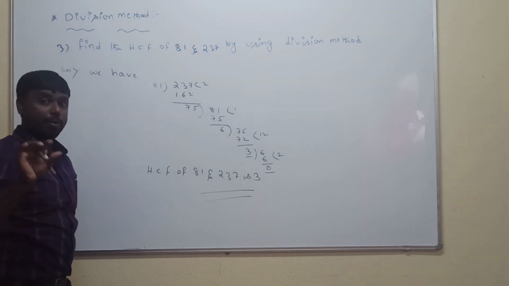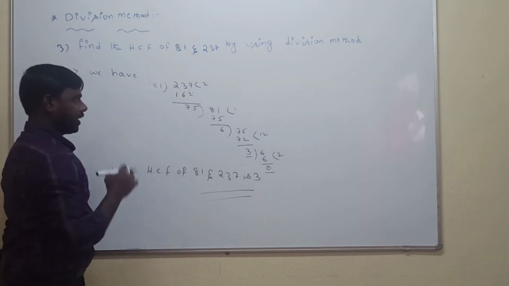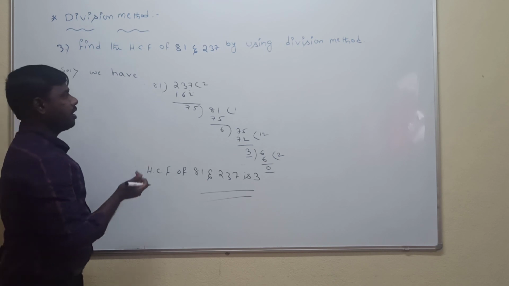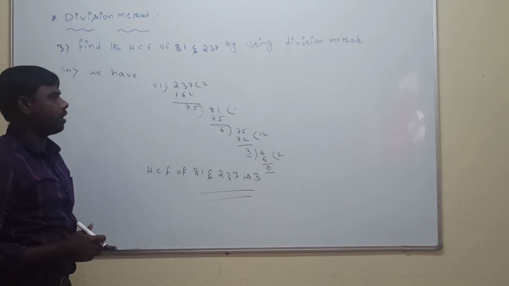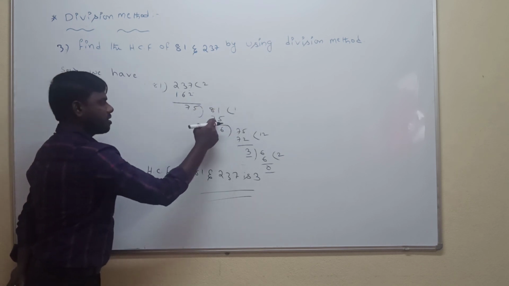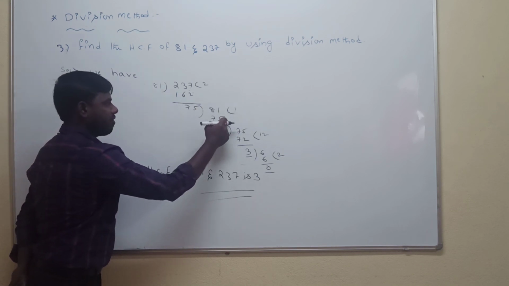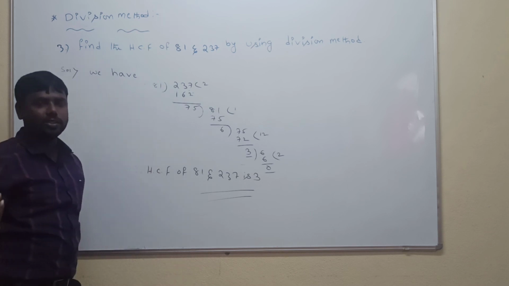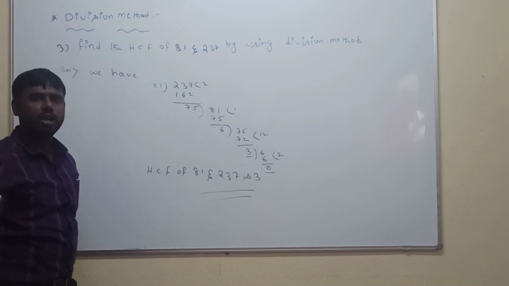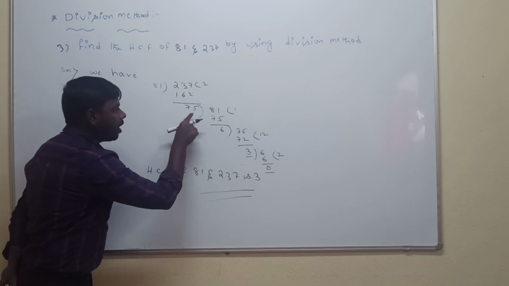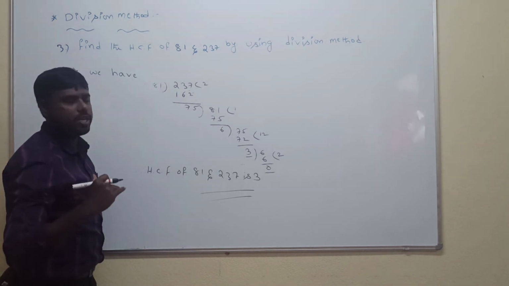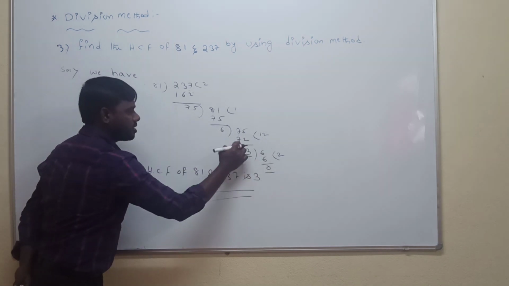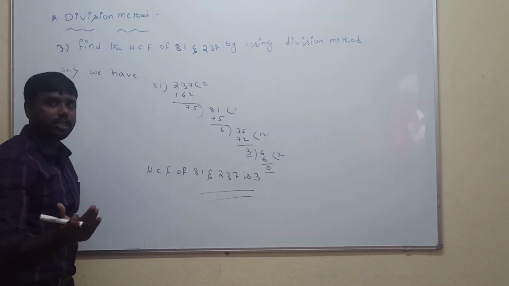What do you want as the final remainder? You want 0, but you are not getting 0. That's why again we divide the first divisor by the first remainder. So 75 times 1 is 75. 81 minus 75 is 6. Here also we are not getting remainder 0. Again we use the division method. Divide the second divisor by the second remainder, 75 by 6. So 6 times 12 is 72. 75 minus 72 is 3. Here also we are not getting 0.